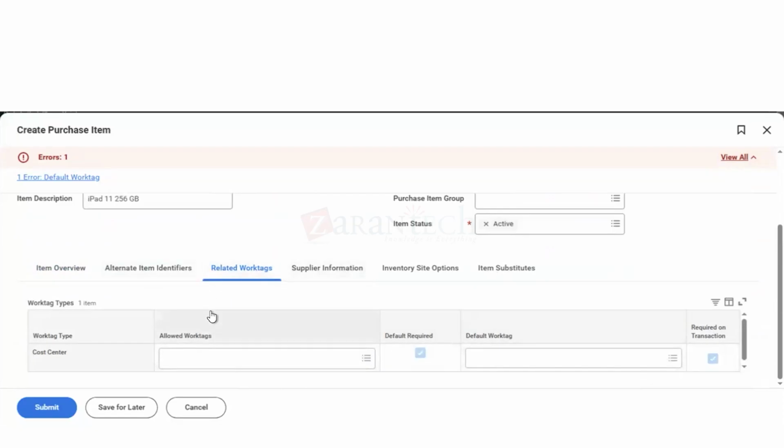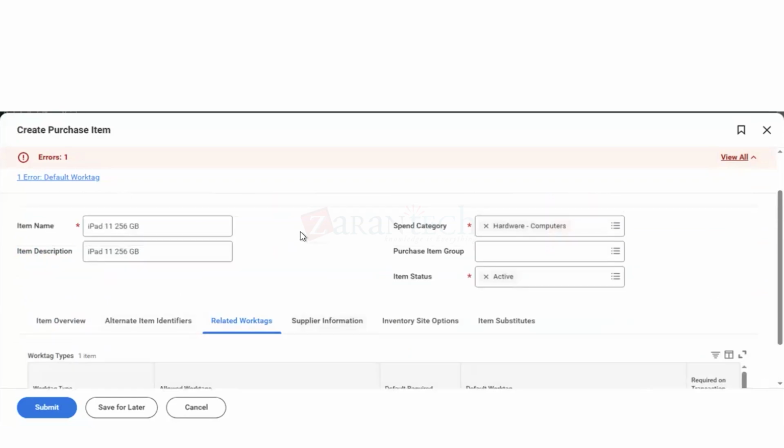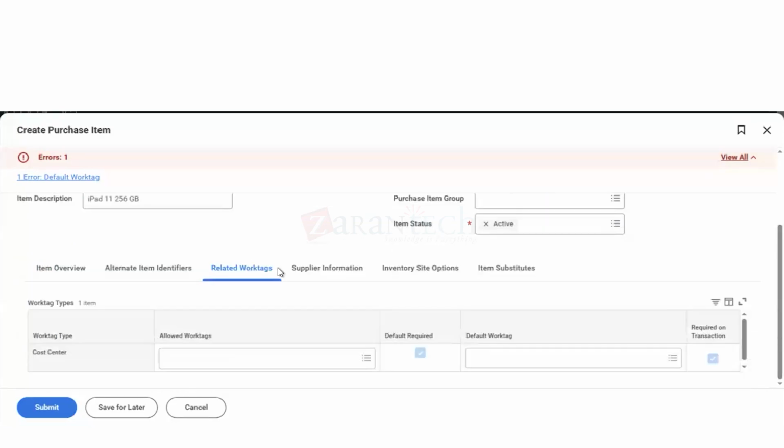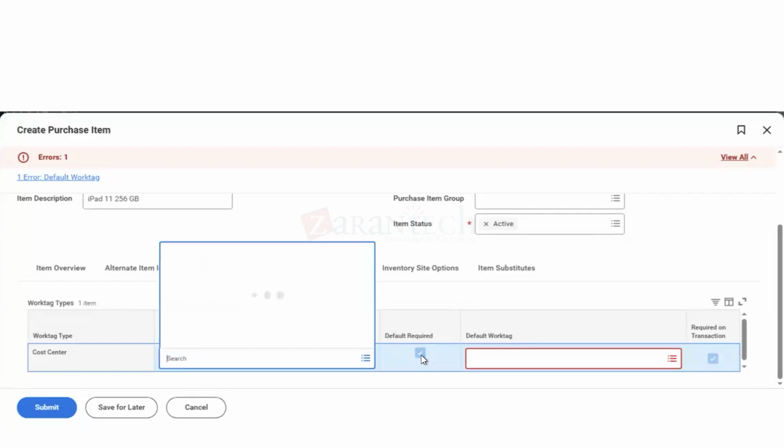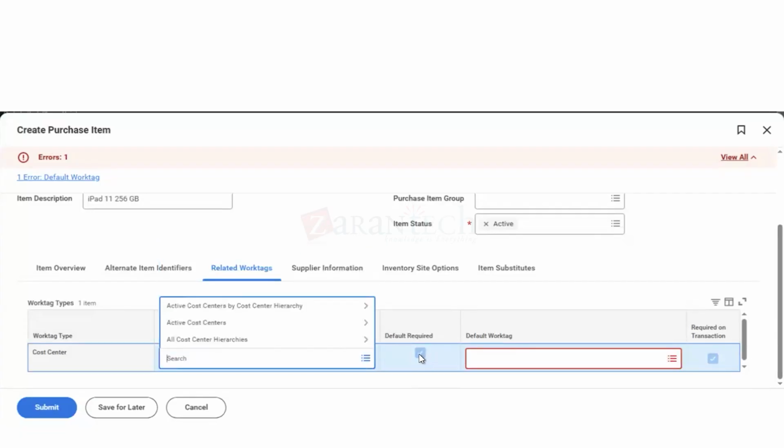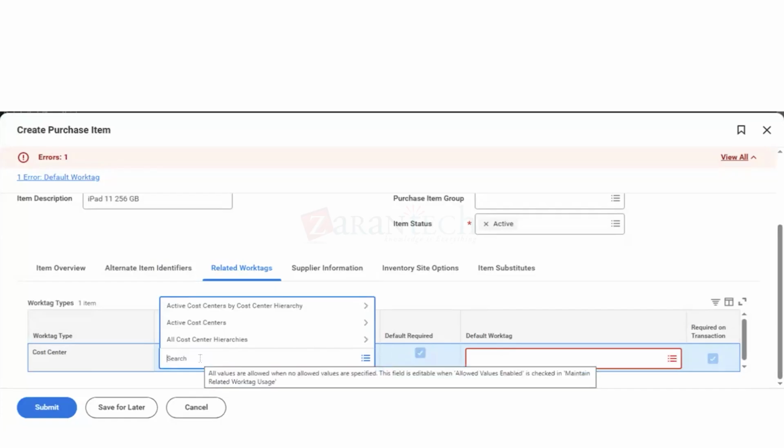Okay. So now let's link two things here. First, we saw about the spend category, correct? Like how it is going to be linked into your purchase item. The second thing that we are seeing here is the cost center. So for every item, we have to define a cost center. Okay. And you see here, it's a default required work tag. So let's see if we have